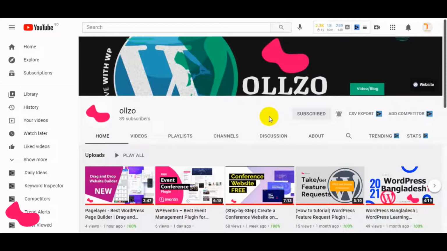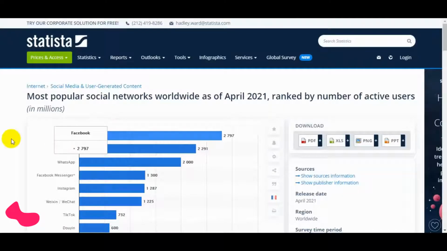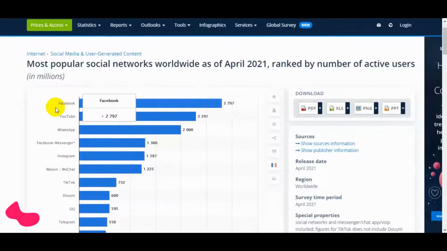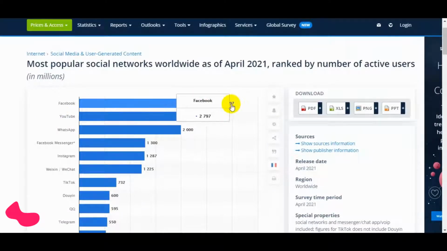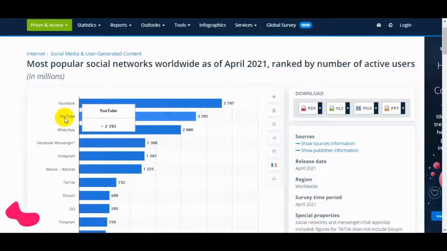Today let's talk a little bit about social media and social media plugins. First of all, let's move to Statista. According to Statista, Facebook has 2,797 million users. At the same time, WhatsApp also has 2,291 million users. And if you notice the other social media like Facebook Messenger and Instagram, every social media has a